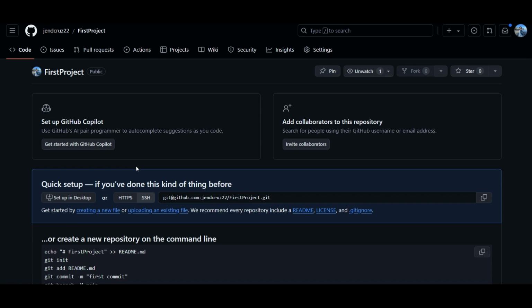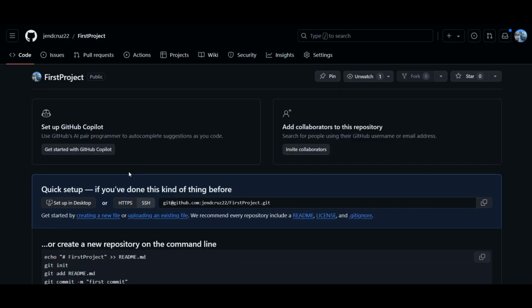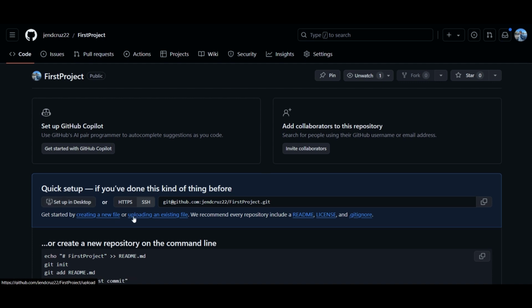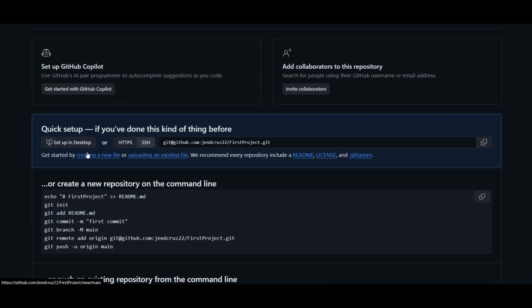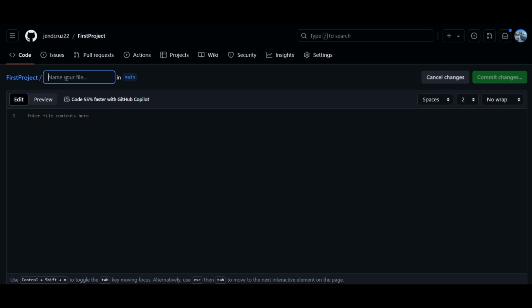In here, we can add code ourselves, or you can use GitHub Desktop in order to create some code that's locally made, and then you can add it to your repository. If you want to follow along and create code from scratch just for testing purposes, you can create a new file right here. We'll call this index.html and we'll have an